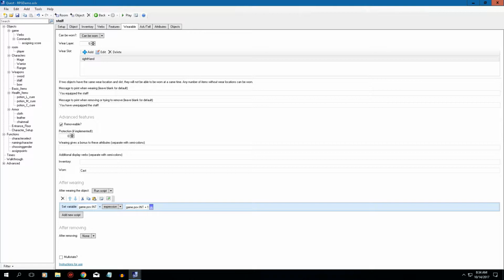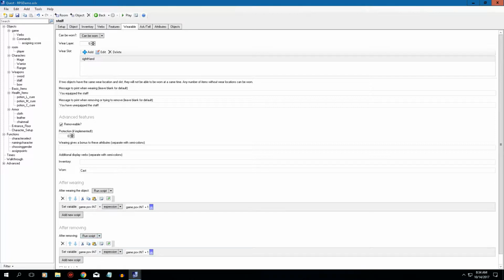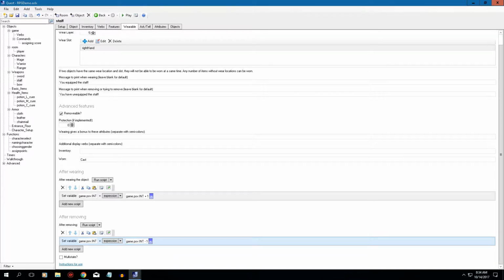So we'll add a point of intelligence, and we're going to copy the set variable, and after removing, we're going to run script. We're going to paste this down, and instead of plus, we're going to delete that and put a subtraction sign. So that way it'll take that intelligence back away if we're not wearing it. Alright, so now that we have our spells and our spell damage and wearing it set up,